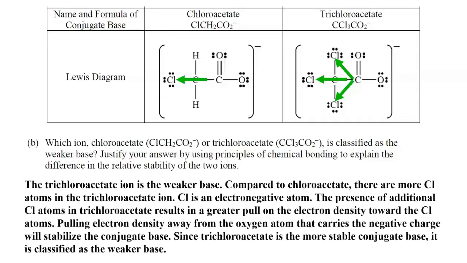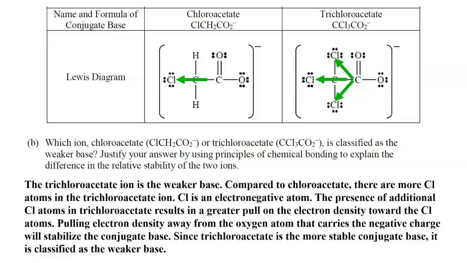So that's going to be the explanation involving the chlorine atoms and their electronegativity. So here's what I said. The trichloroacetate ion is the weaker base. Compared to chloroacetate, there are more chlorine atoms in the trichloroacetate ion. Chlorine is an electronegative atom, and the presence of additional chlorine atoms in trichloroacetate results in a greater pull on